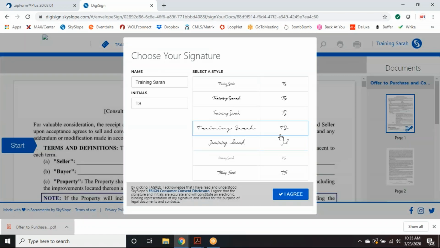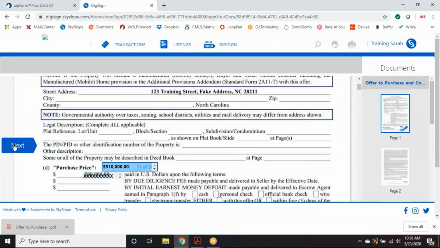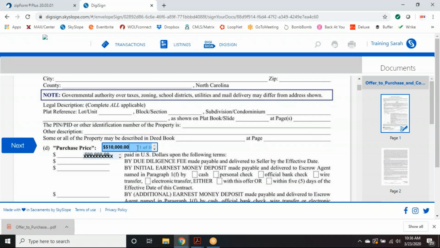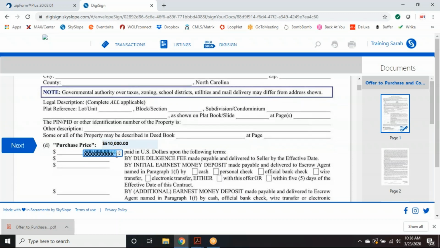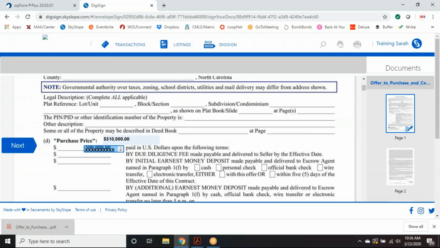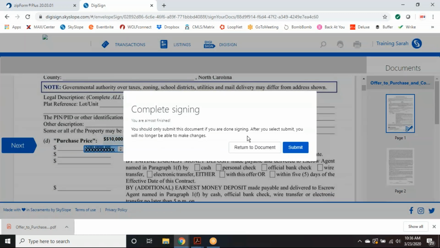It's going to look just like the email that I just showed you. You pick your font, agree, and hit start. And so again, it gives you the option if for whatever reason you need to change that, but if it looks good, you hit next, and then that looks good, you hit next, and you are done. So once you submit this,